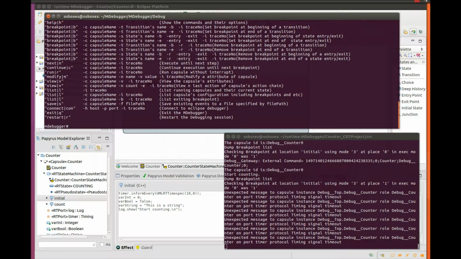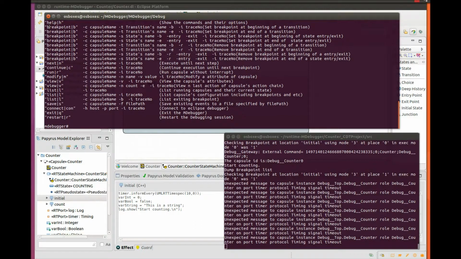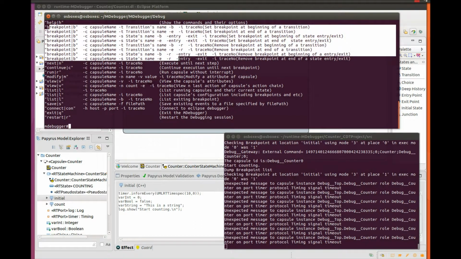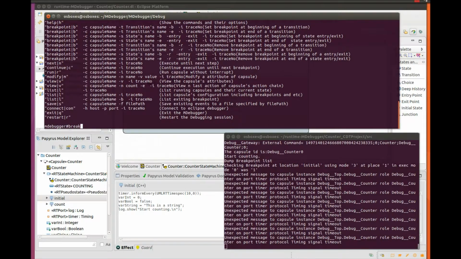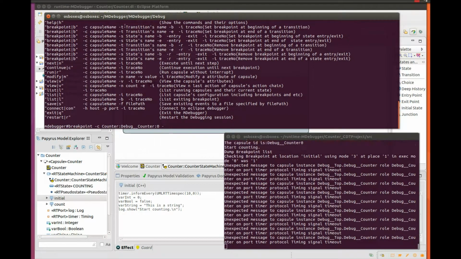So let's have a look at the commands that we can use to set these breakpoints. The command is breakpoint -c, the name of the capsule instance. Then I can choose either T or S depending on whether I want to debug a transition or a state.